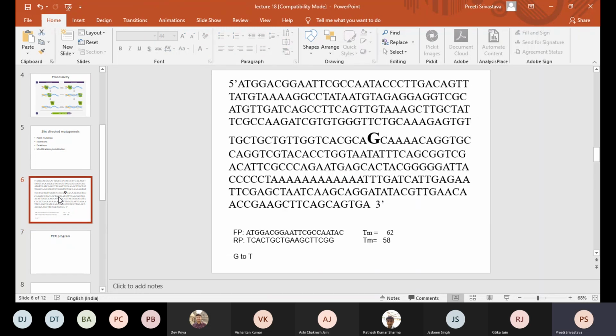So now, class, you have designed the forward and reverse primer. Now the question was, we would like to mutate this G to T, right? This is a specific point mutation that we would like to introduce in the gene. And why would we like to introduce this mutation in the coding DNA of the gene? Because, as we discussed, some of these mutations are important. They can be at the active site, they can lead to enhanced thermostability, enhanced binding specificity, enhanced substrate range, enhanced shelf life.